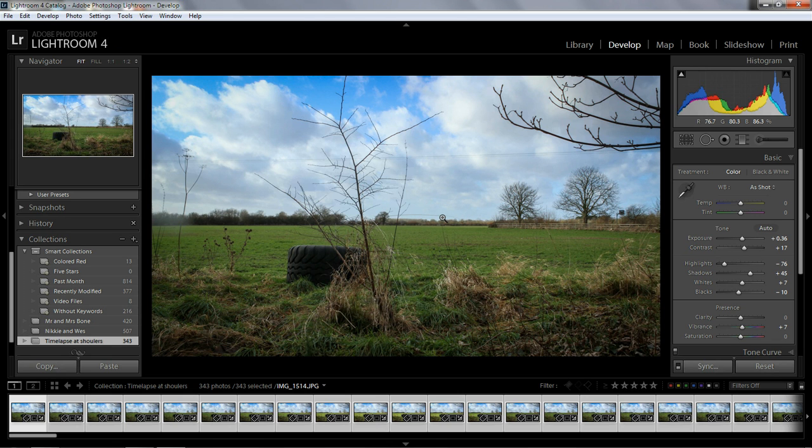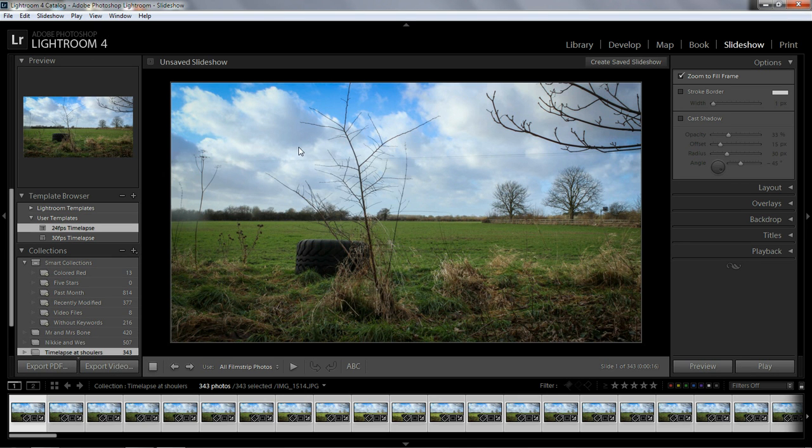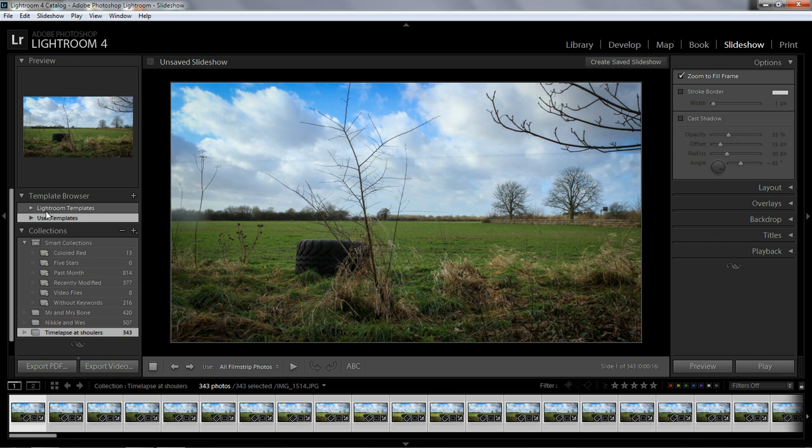Now there is something you need for this time lapse to work, and it is, if we go over to the left hand side where it says Lightroom templates, you need to download something and import it into the user templates. Now I've already done that. If we look in here, it says 24 frames per second time lapse and 30 frames per second time lapse. So I'm going to leave a link in the description, but basically go to the description, download it, unzip it, and then you right click on the user templates here and you go to import,